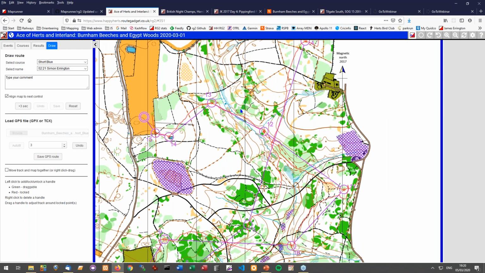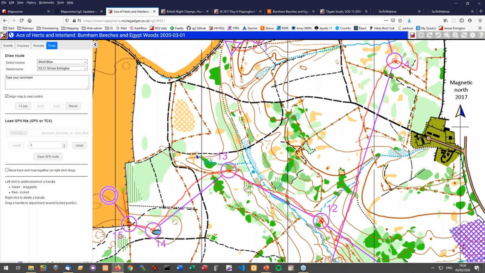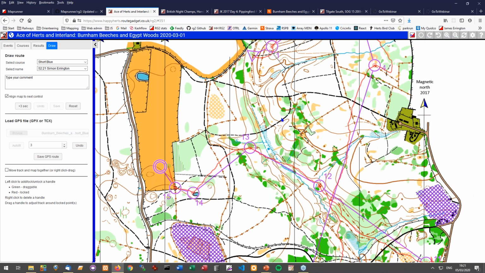One thing to remember with auto fit, it will never do anything with the start and finish, because starts and finishes tend to be not quite where the triangle or the circle is anyway. In this case, the start wasn't far off. That's not too bad. In this case, I think we probably had the finish a bit further right than it's shown, so you can always drag it back or just leave it where it was. But if you do use auto fit, start and finish may need a bit of a tweak.